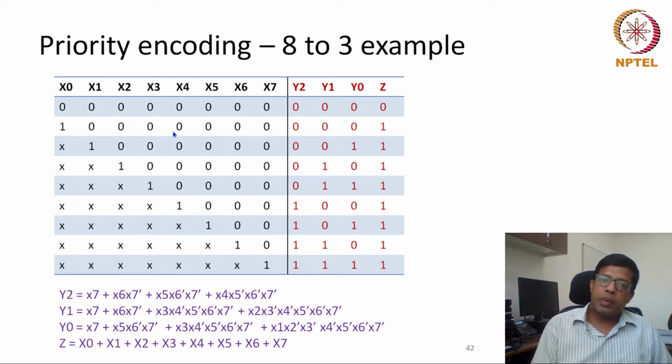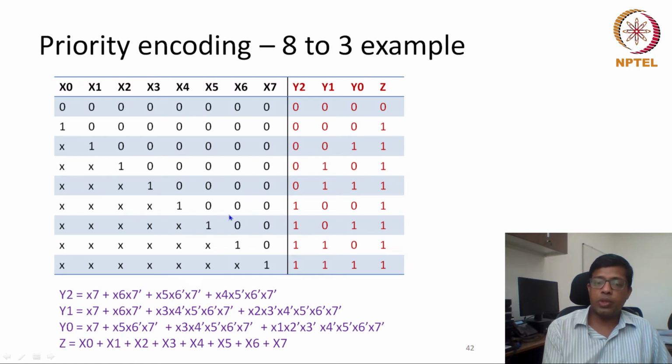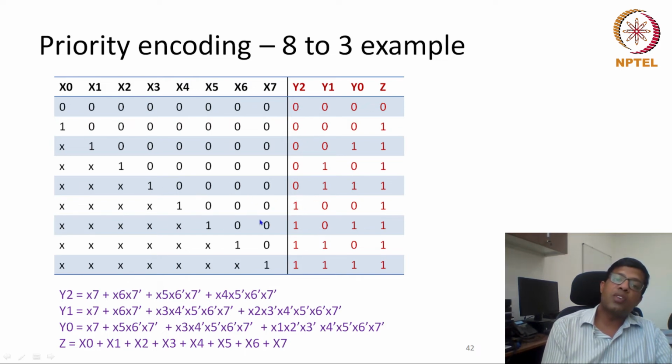So let me repeat. The way we are calculating these expressions: we know that K-maps cannot be solved for 8 variables, and QM is also going to be difficult. So from the truth table itself we have created the Boolean expressions. Wherever the output is 1, wherever y2 is 1, corresponding to that 1, the input combination forms one product term.